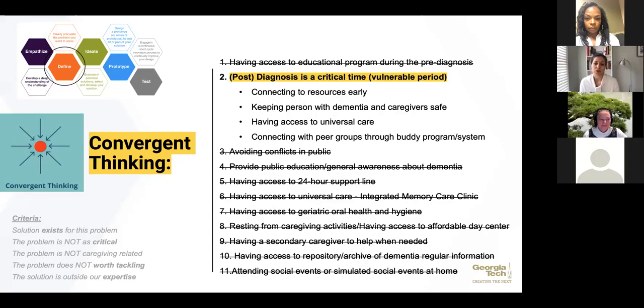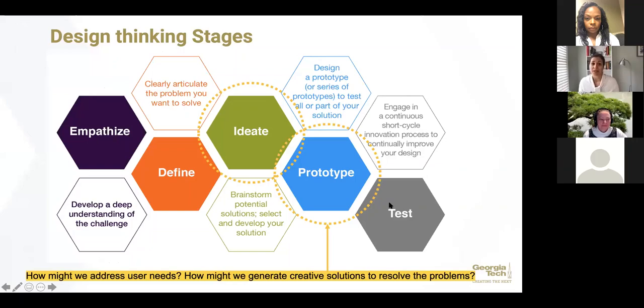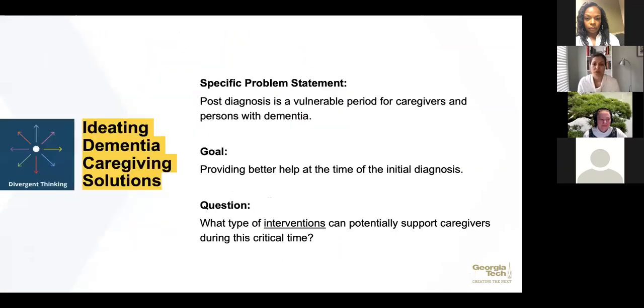After this stage, we started to explore different interventions or solutions that can be appropriate for this central problem. Talking about the next stages of design thinking, ideate and prototyping are really central. It's very important to start exploring the intervention and what can potentially be the solution. So really we're trying to find out how we can address the central problem, and how we can come up with an intervention that is creative, innovative, and truly meets the needs of the patients and family caregivers. So in the previous workshop, we...